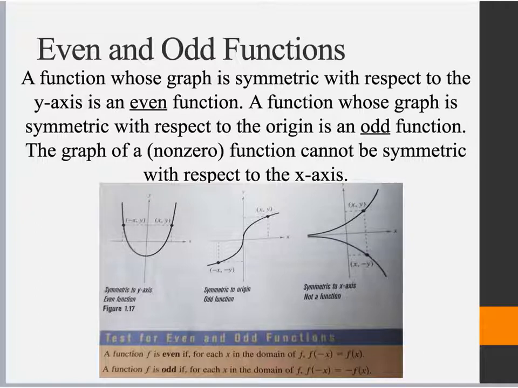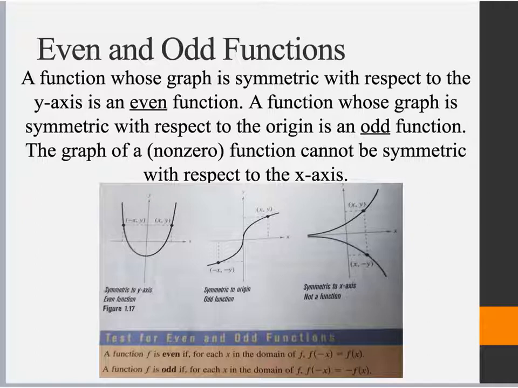Okay, even and odd functions. A function whose graph is symmetric with respect to the y-axis is an even function. A function whose graph is symmetric with respect to the origin is an odd function. Then it goes on to say that the graph of a non-zero function cannot be symmetric with respect to the